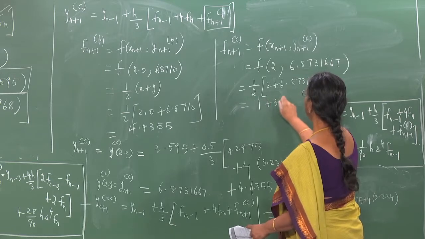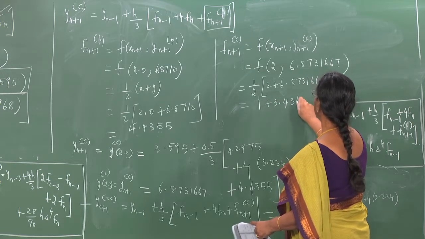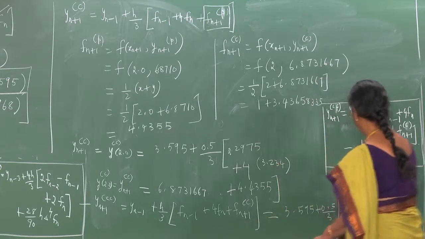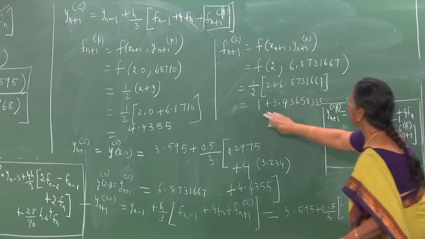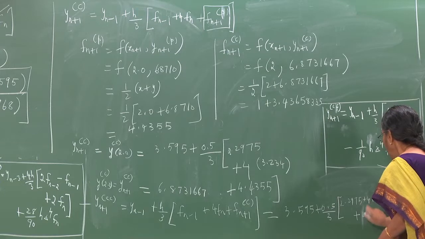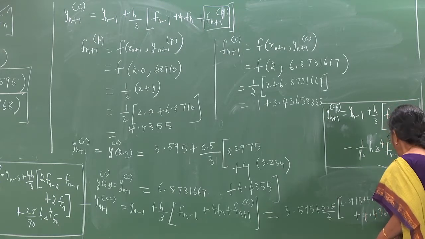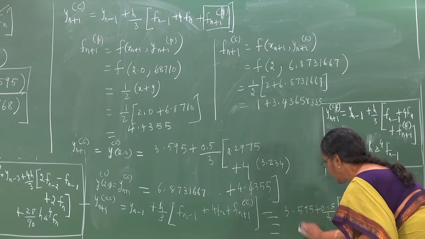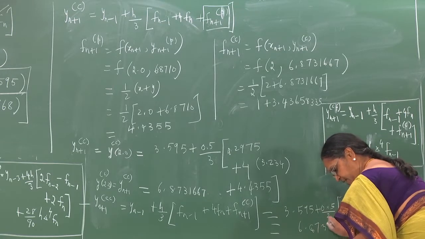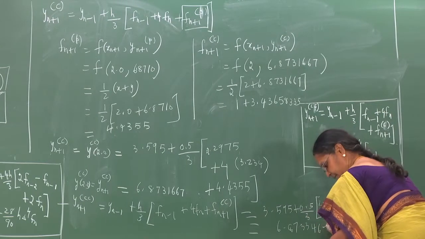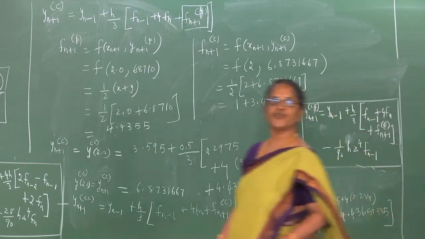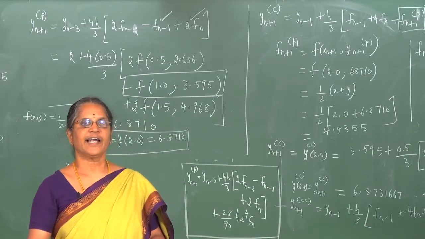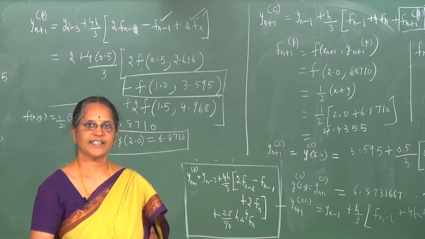It is 1 plus 3.436583335 and so that will be 1 plus 3 point. So, 4.43658335. So, when you simplify this, you get the solution as 6.8733467. Suppose I have asked you to perform 2 iterations or correct the predicted value twice, then it is enough